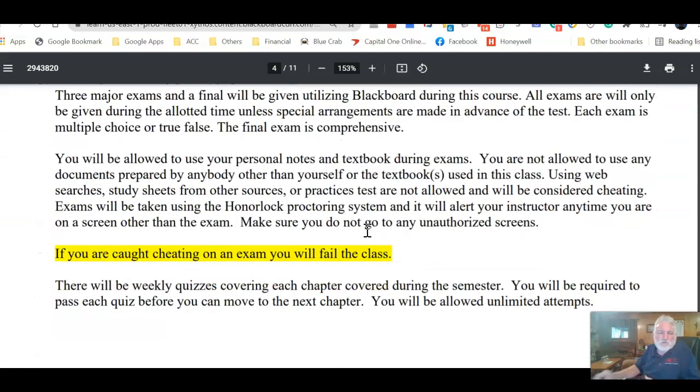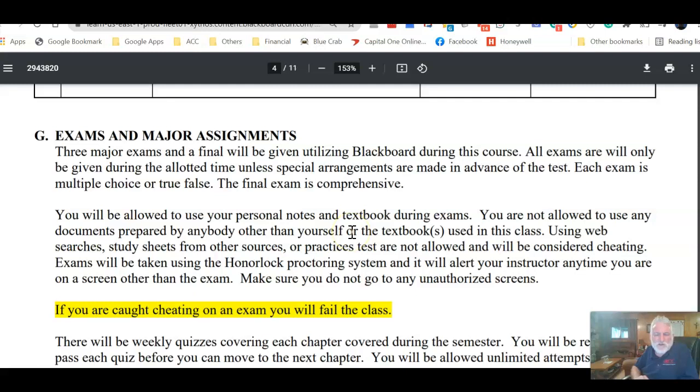Now, during this course, you will have 3 major exams and a final. The exams will all be 50 questions. The final will be 80. The final will have 50 questions covering new material since the 3rd exam, and 30 questions that come directly from the quizzes that were utilized for the first 3 exams. So you can use that.